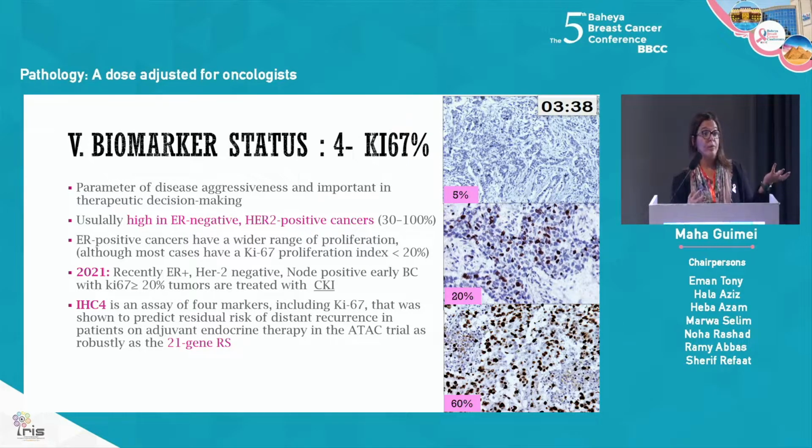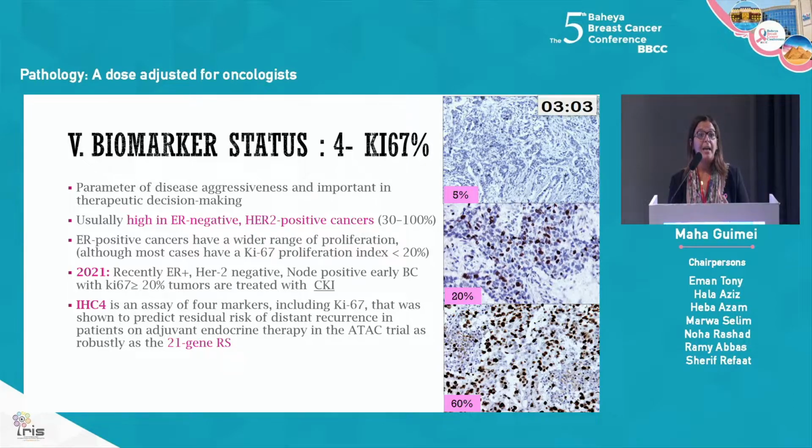Common in ER positive tumors, they tend to have a low Ki-67. Ki-67 is a proliferation marker, showing that the cells are dividing quickly. ER positive tumors tend to be low in Ki-67. ER negative tumors and HER2 positive tumors tend to have a higher Ki-67, usually 30% and above. ER positive tumors have a wide range, they can be high or low, but most of the time they are on the low side. Recently, in the new WHO guidelines, they say that ER positive, HER2 negative tumors